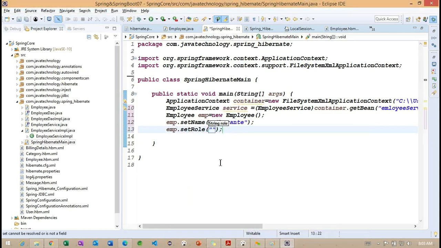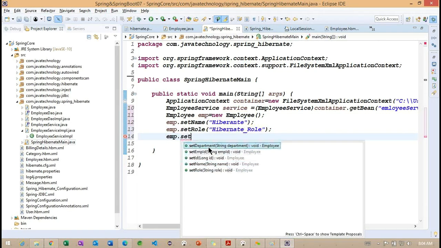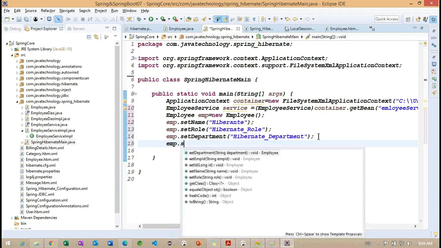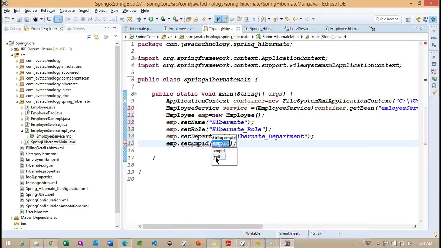And role I want to specify Hibernate role. emp.department, Hibernate underscore department.